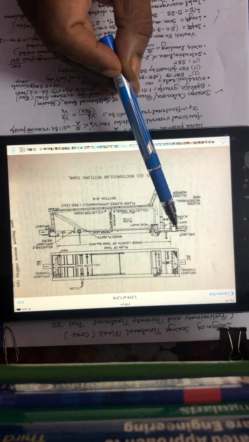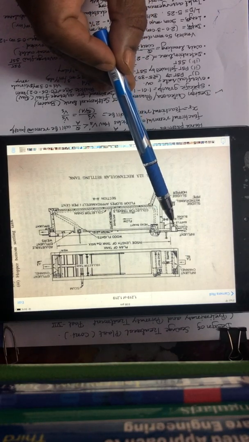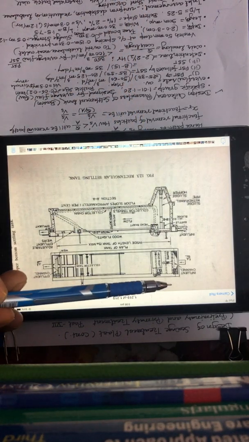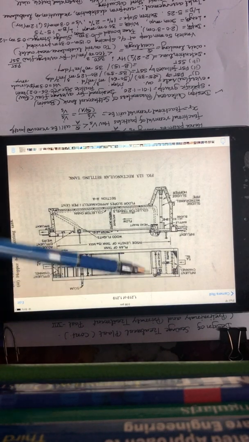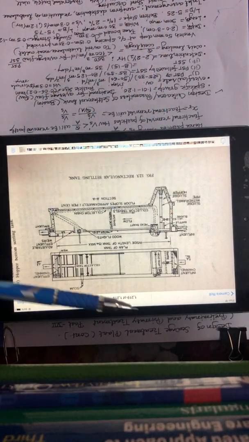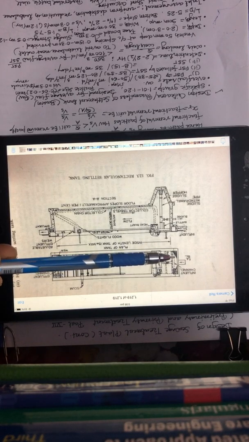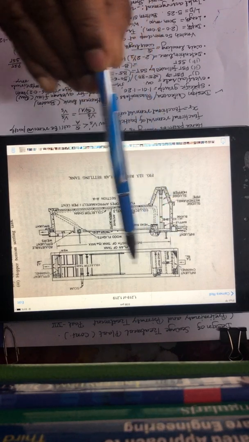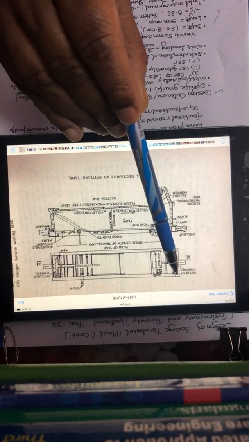This inflow sewer enters into a sort of trough or channel, an overhanging channel, which runs across the width. So in the plan you can see this is the inlet arrangement or inlet channel. From this pipe the sewage fills the full width, and from there the sewage comes into the sedimentation tank across the full width.